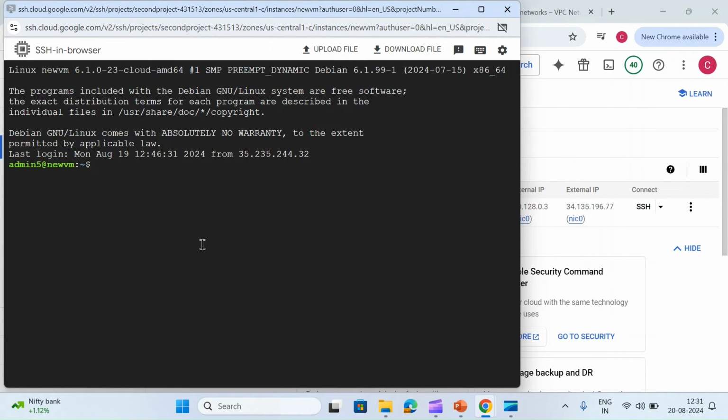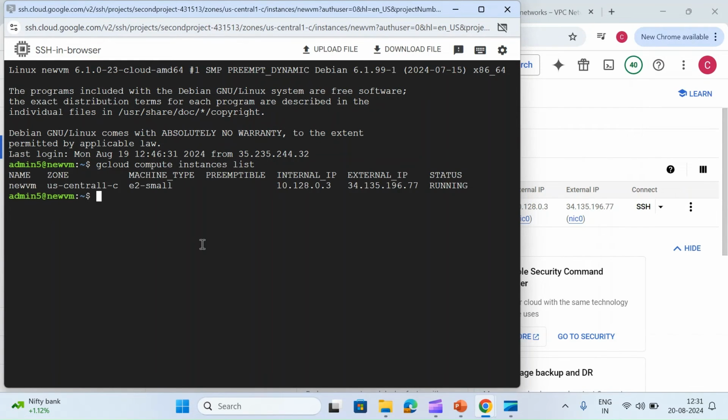Now I have logged into my VM. If I now try to run gcloud compute instances list, it will work for me because I have logged into this specific VM. It is working fine because I have removed the Compute API. But if I run gsutil ls, let's see whether it works or not, because it is still in the perimeter. This is my Cloud Storage one. So it is also working fine.